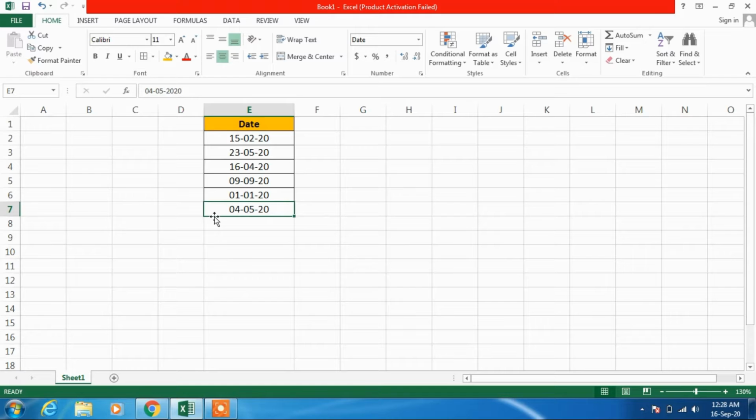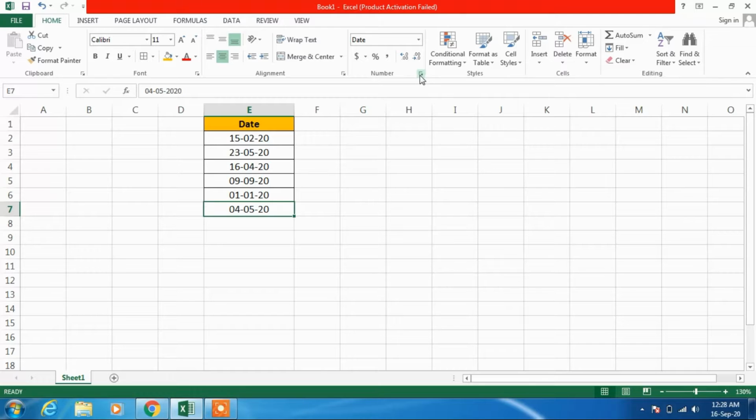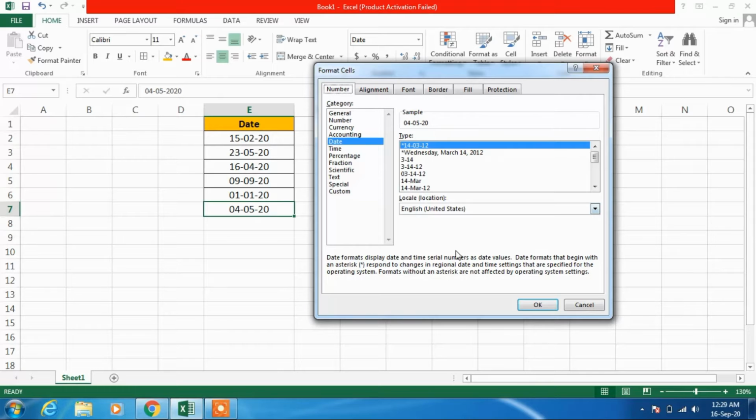then the way to do it is just select that cell in which you want to change the date format, and after selecting that cell just click on this small icon in this number section. Now the default locale, that is the location mentioned here, is English United States. Now just change it to